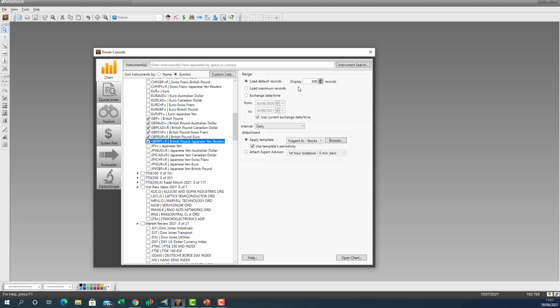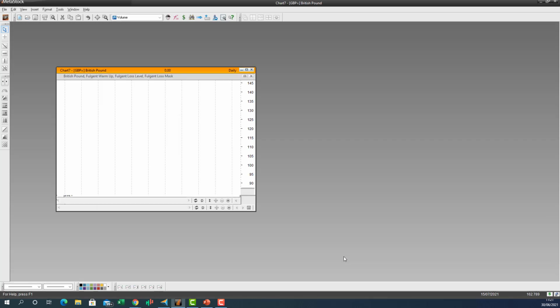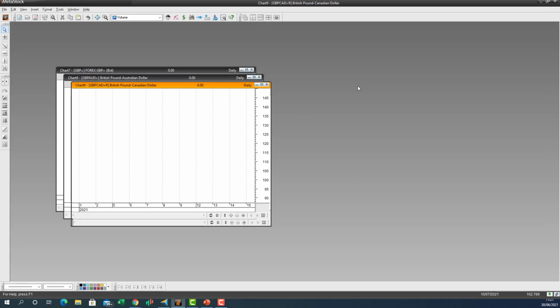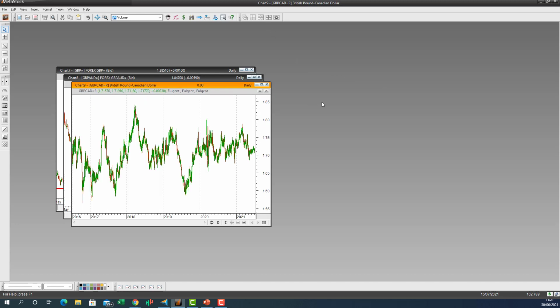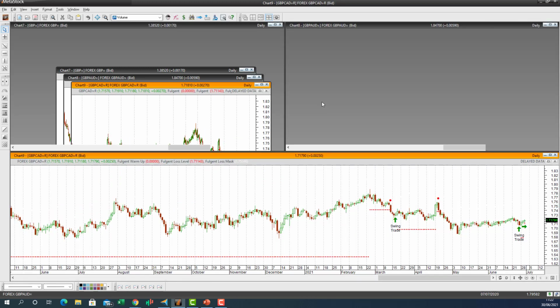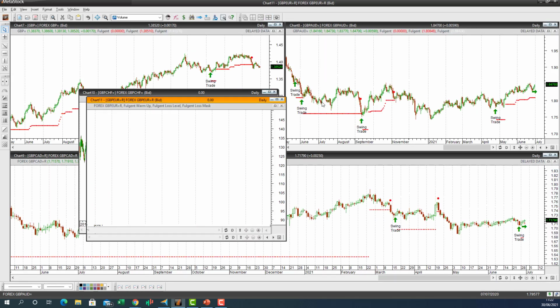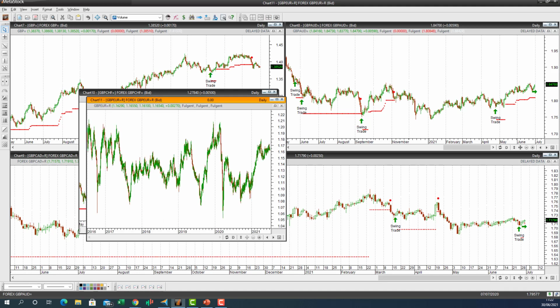We're going to load about 300 records, and we'll open the charts to get a review of the latest artificial intelligence generated trading signals on these currency pairs. It takes a moment to load. It's quite a lot of data that's running in the background together with the signals, as well as the AI needs to warm up in the process to do the calculations as it screens for those 3 or 4 trades,